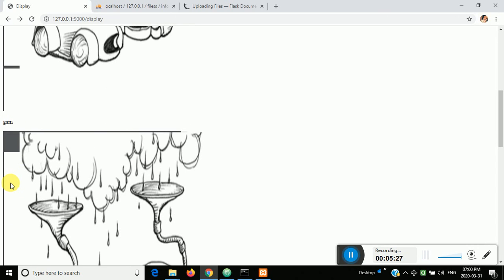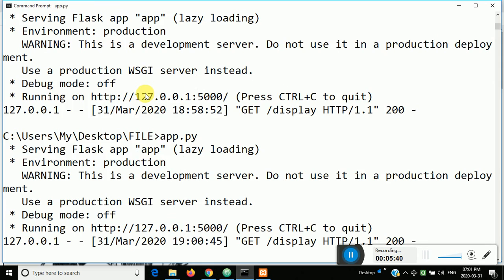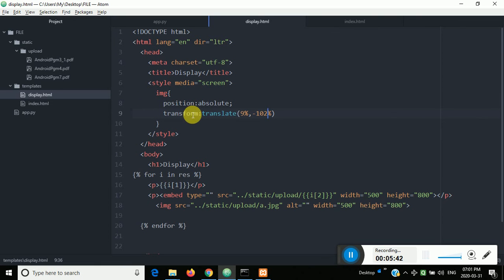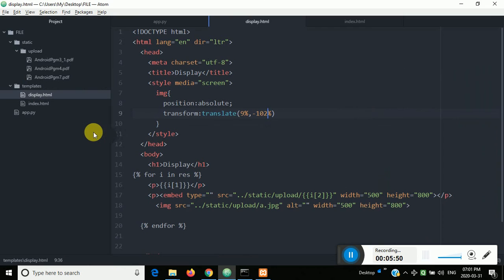Just a minute. Here behind PDF is there, but what I have done in front, using the position, that is transform, translate, using this I have taken front the image,